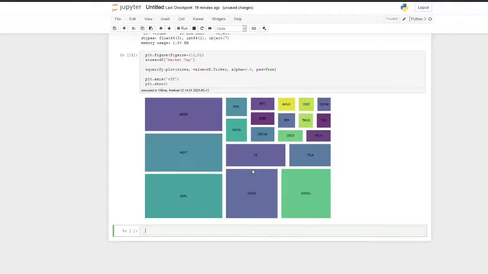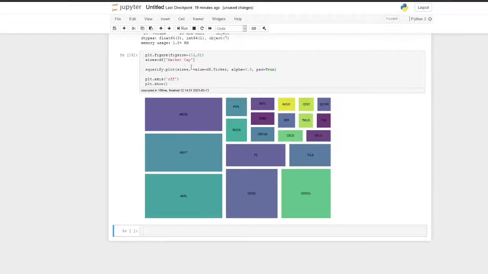That is a problem with the Squarify tree map. It makes it a bit difficult to read the chart if the values are very close. For example, it is very difficult to understand whether Cisco, CSCO, is bigger or smaller than Intel. I hope they will change the way it is displayed, the arrangement.